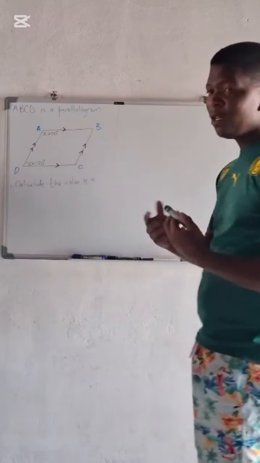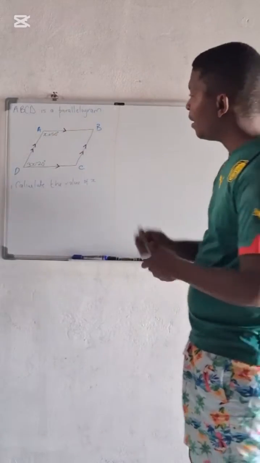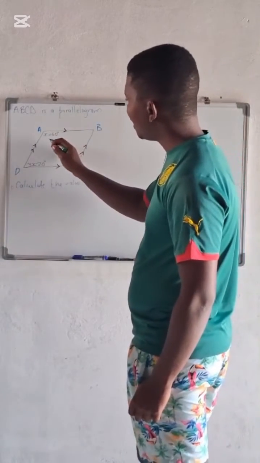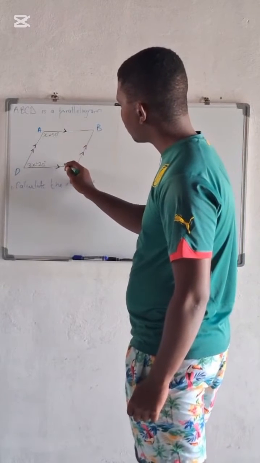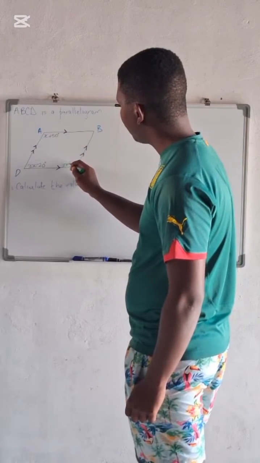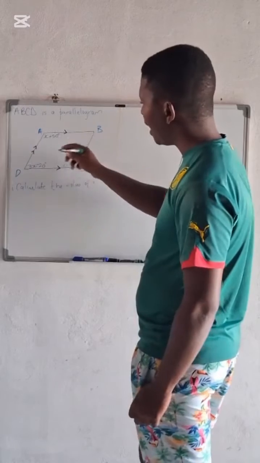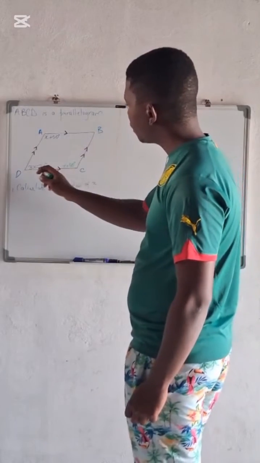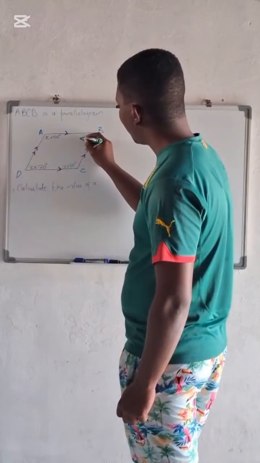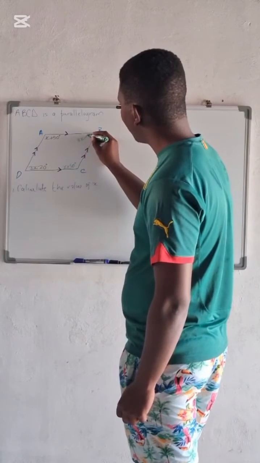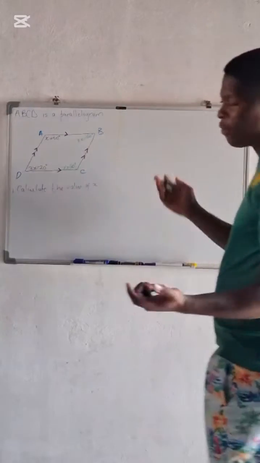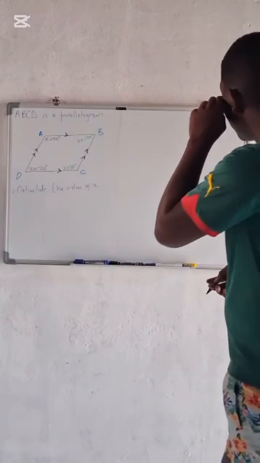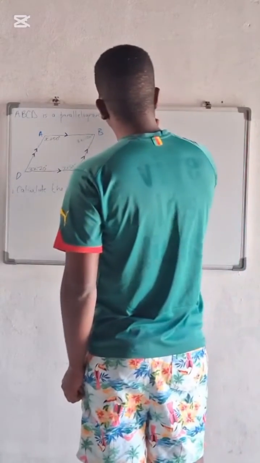Okay, let us think of the properties of a parallelogram. The properties of a parallelogram say that this angle is equal to that one. So x plus 50 degrees. The opposite angles are equal. So this angle opposite to that one is also equal. 3x minus 20 degrees. Now we have all the angles. Now what we're going to do is use